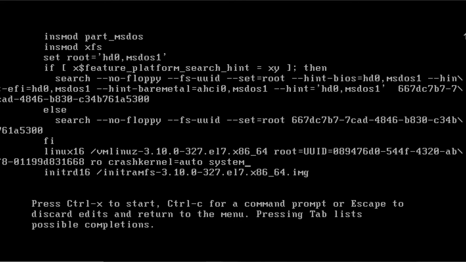systemd.unit equal to, and we mention what we want, rescue.target. So you can do this, but remember, this rescue mode or emergency mode still asks for the password. That is not the case in RHEL6. When you go for single, you log in as root and you can change the password. Here it is asking for the password. So I will boot the system into single user here, but it will ask the password.